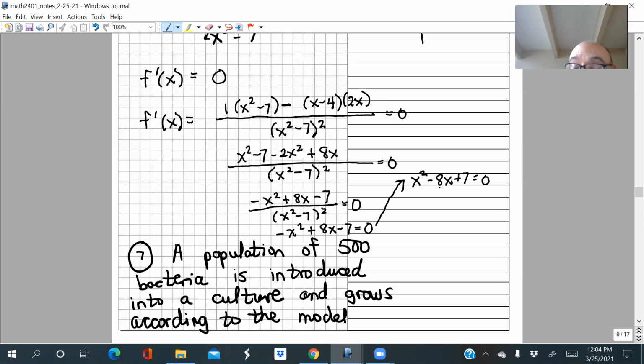And that one does factor. So that's nice. It does factor as (x - 7)(x - 1). So we get a lucky break. We can solve this by factoring. And it turns out then that either x - 7 is 0 or x - 1 is 0. And this means x is equal to 7 or x is equal to 1. So there are your two x values, 7 and 1, that make the